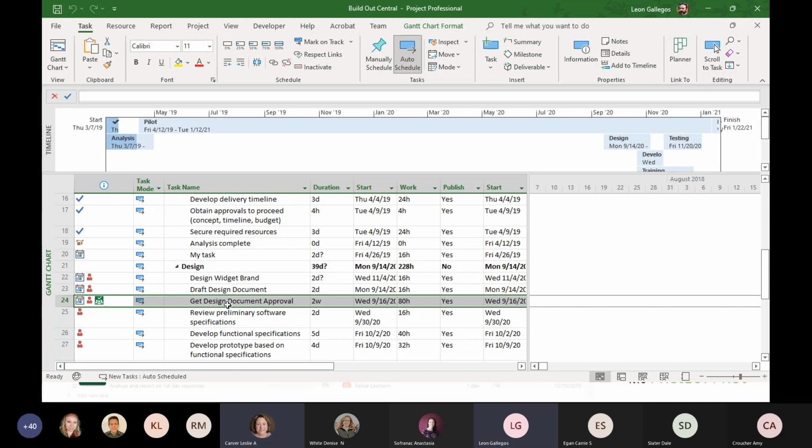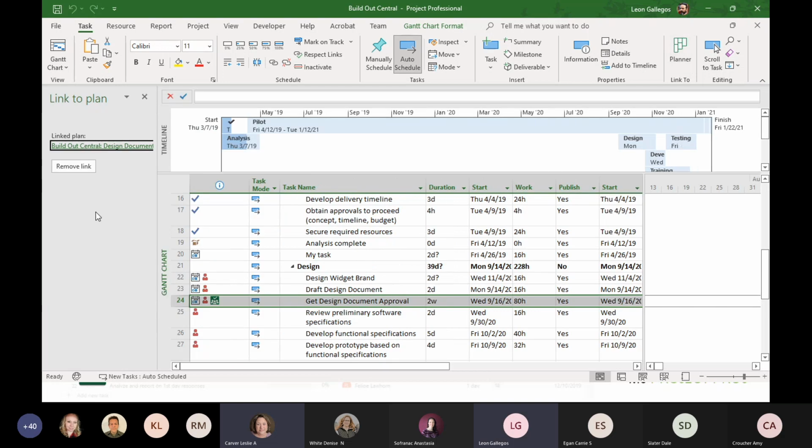So often, and this is the way we typically will present this, this task is 2 weeks long, right? The project manager isn't going to manage all the details within those 2 weeks. They just know that this design document approval is going to be managed down in Planner. So we decide to link to Planner.